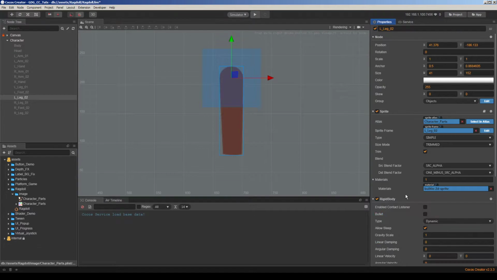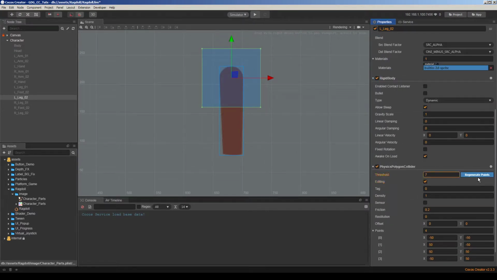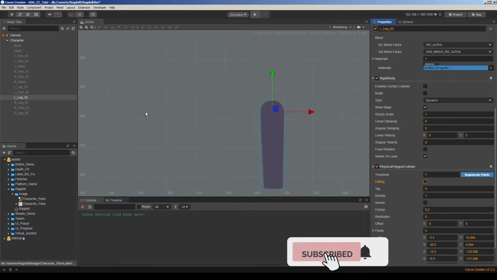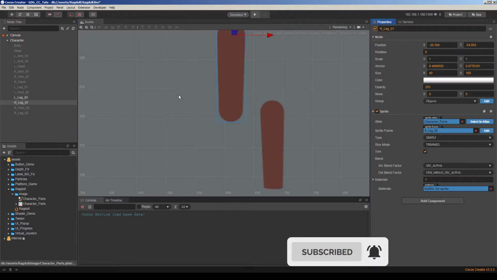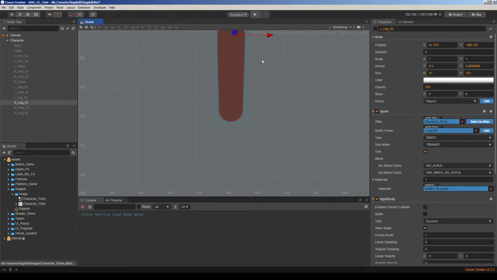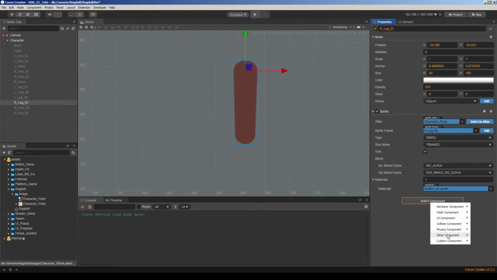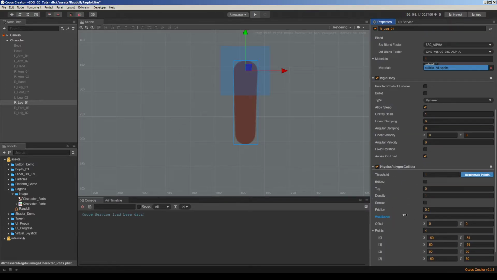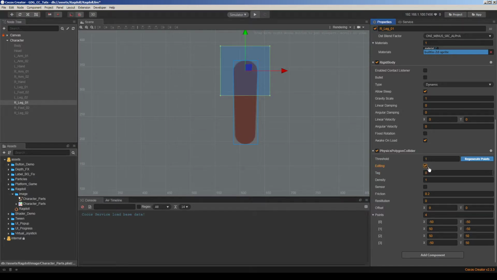Physics collider, polygon 7, and regenerate points. Maybe this point is more than enough. Close editing. Go for right leg 1. In this phase we work a lot to define shapes for the physics engine, but later everything will be handled by the physics engine. So actually I like this kind of work